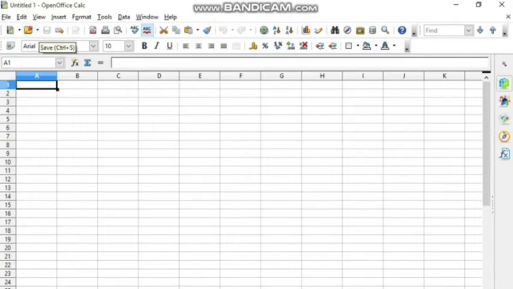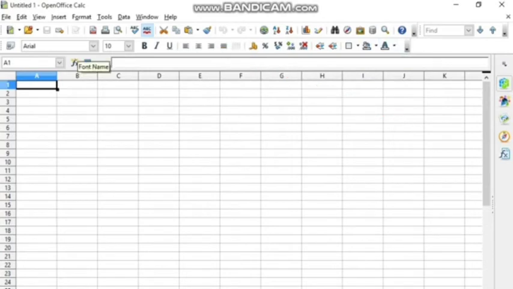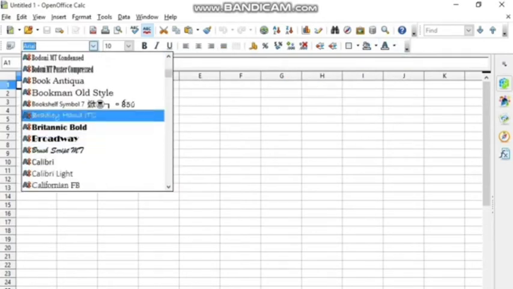Then the fourth one is the formatting toolbar, which helps you to do the formatting on the text and numbers which are inserted in your Excel sheet or OpenOffice Calc sheet, which you can see here. So here you can change the font style, you can make your text bold, italic, underline, and you can increase the size of the text.